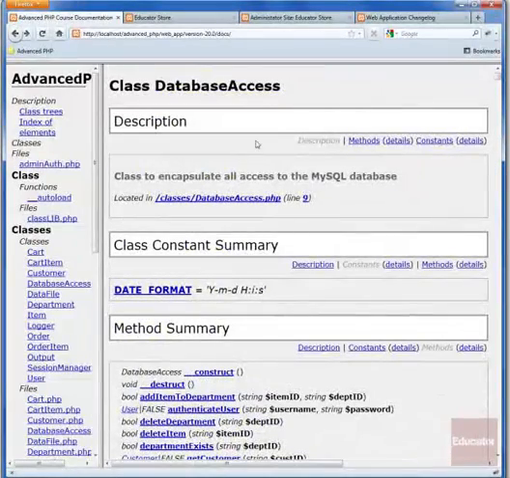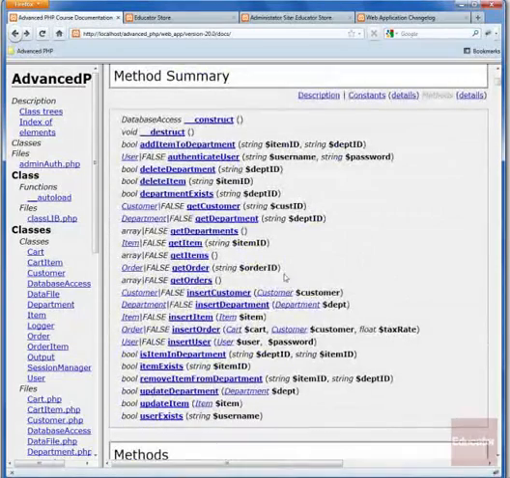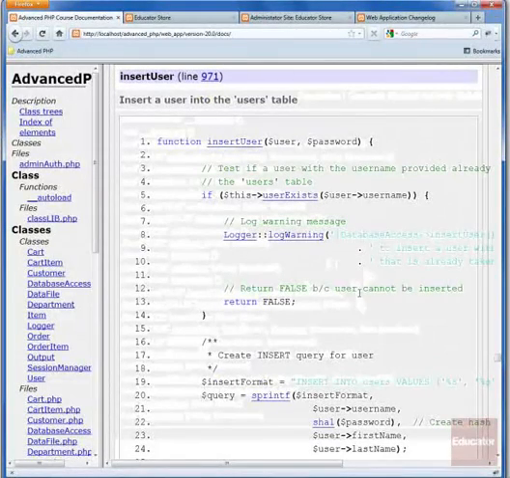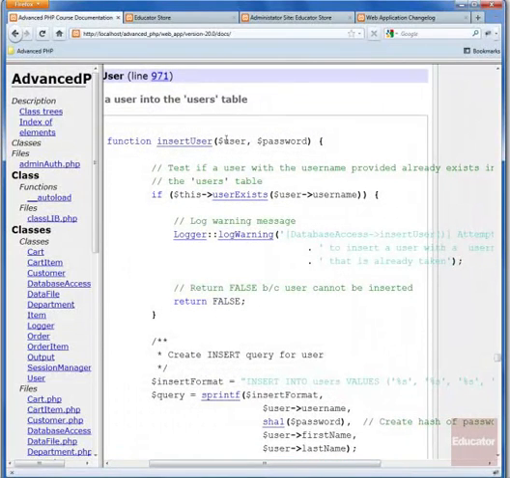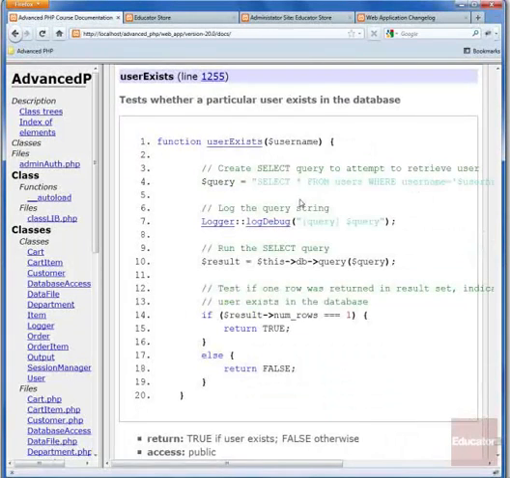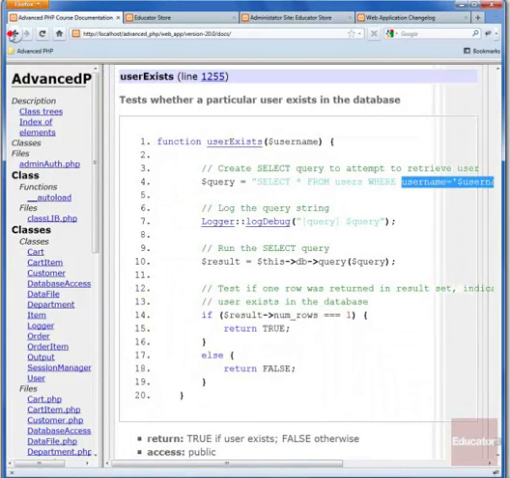So in our database access class, we've got three methods. One of them is the insertUser method, which is going to take a user object, which, as we just saw, contains a first name, a last name, and a username, and then a password, and it's going to perform an insert on that users table. It uses a helper method called userExist, which I mentioned a minute ago. That method simply runs a select query on the database to see if the username passed in already exists, and if it doesn't already exist, because it's the primary key, then it's going to allow us to continue to